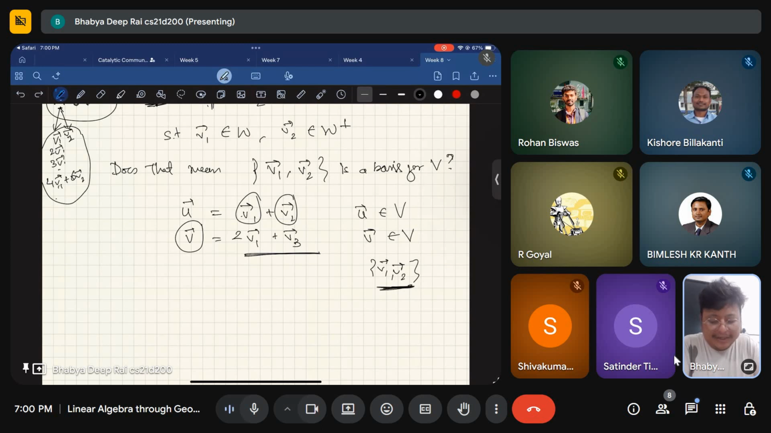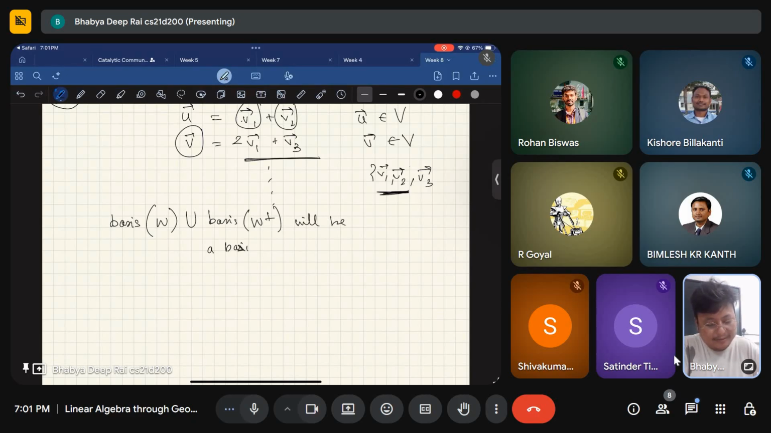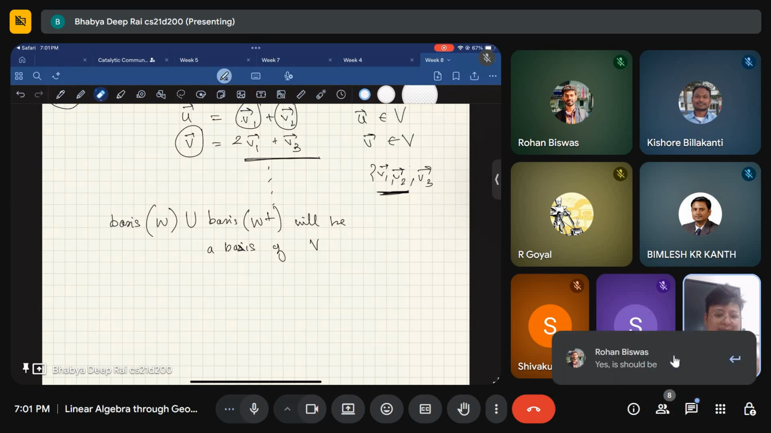So now you can ask questions like, can I put V3 here? And then try to continue this process. But something similar to the lines that you are asking is the following. The basis of W union the basis of W perp will be a basis of V. This yes, this we can say,